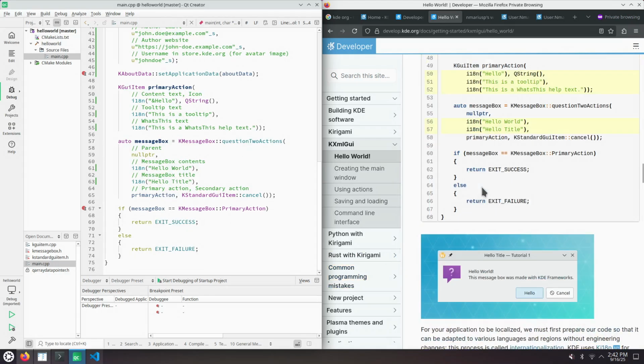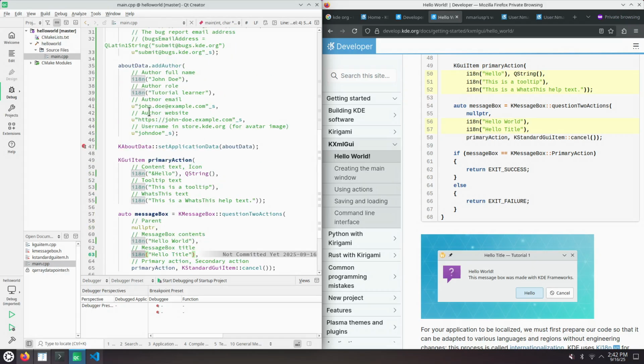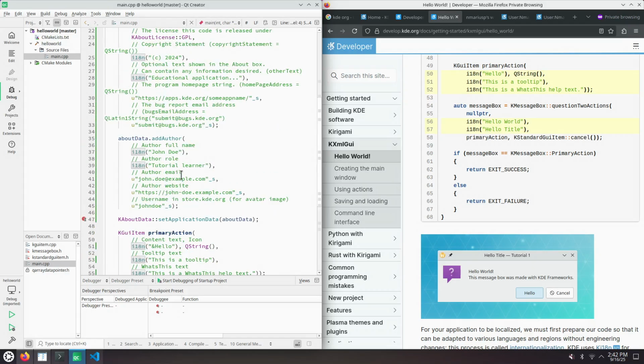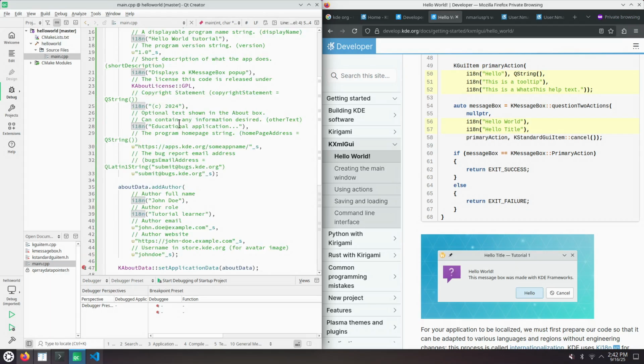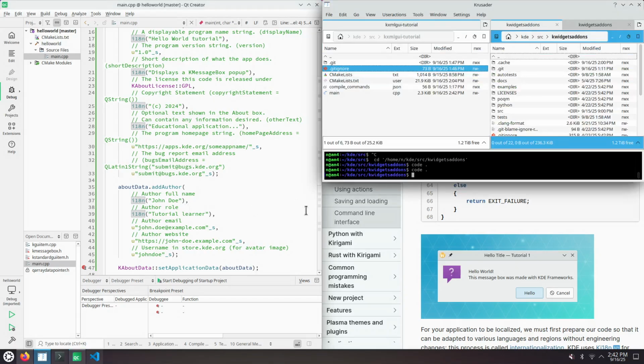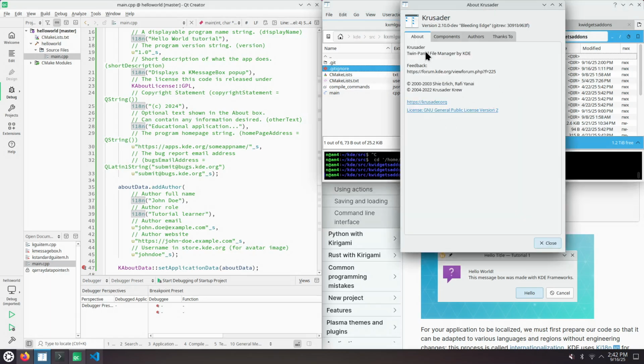So the second part, the final part remained the same. We are using internationalization everywhere. And we have added a huge block because the about data is very complicated. So you can think of it as a huge JSON or XML document. What's being shown in here. So the name of the application, the version, the license,